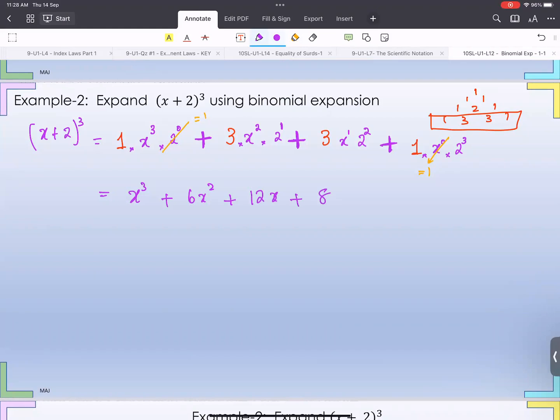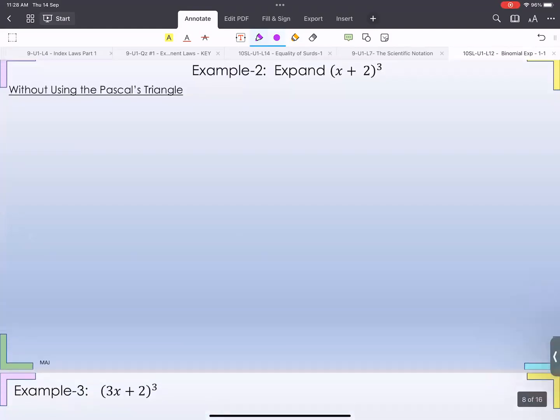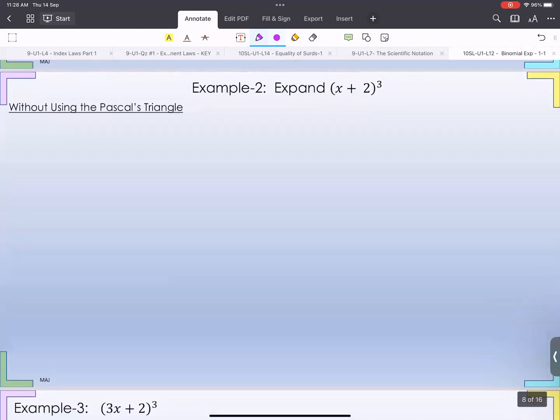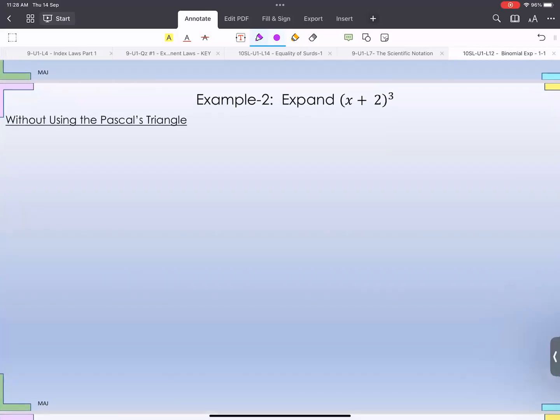Okay, so that is very similar to what we've just done, but a tad easier because this is meant to be independent practice. Now let's go to questions that have a few variations. Well, before that, let's see how we could get the same answer if we didn't use the binomial expansion and why we need the binomial expansion. Okay, so without using Pascal's triangle or the binomial formula,